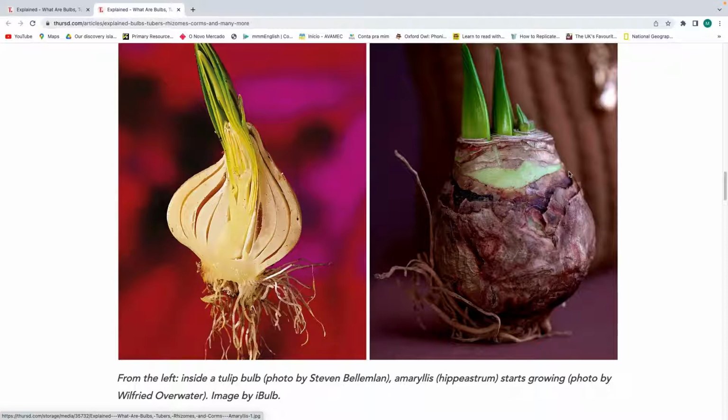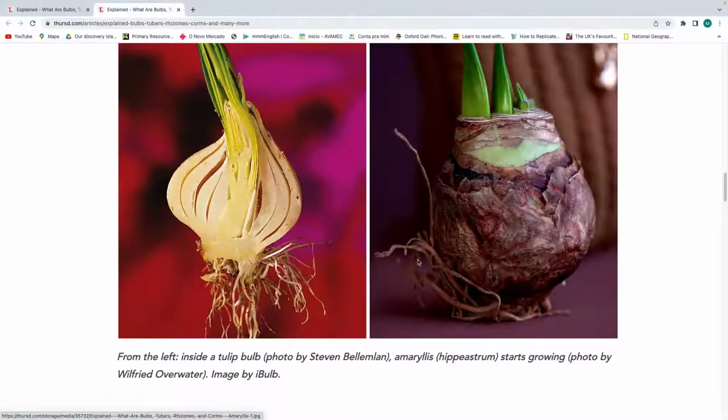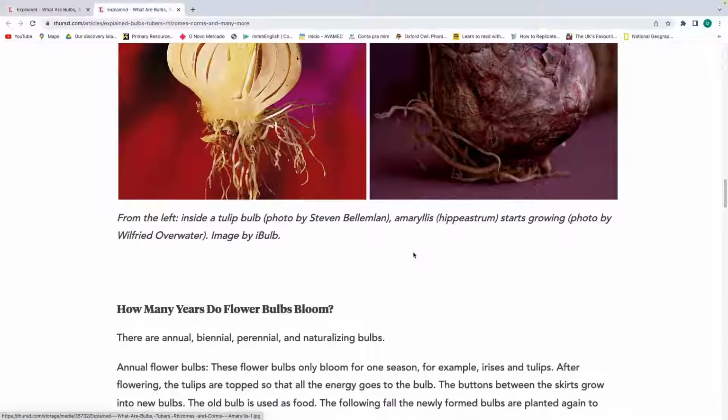Eu dei o exemplo de cebola agora mesmo, mas olha aqui a gente tem o mesmo exemplo com flores, tá bom? Se você analisar, tem essa parte aqui em volta, tem a parte aqui também, né? Deixa eu aumentar isso aqui. Isso, aqui, ó. Tem essa parte aqui, então ele tem esse formato. Então isso é o bulbo, essa é a semente da flor, né? Você vê que ela tem um formato diferente, tudo bem?